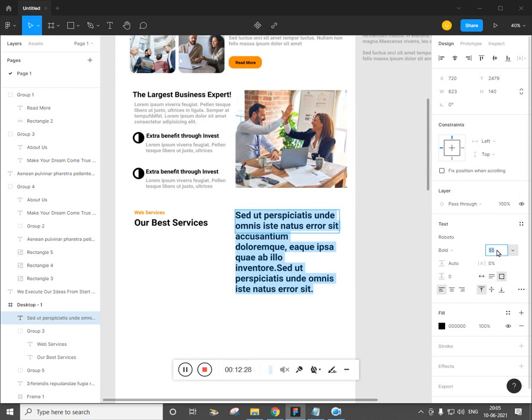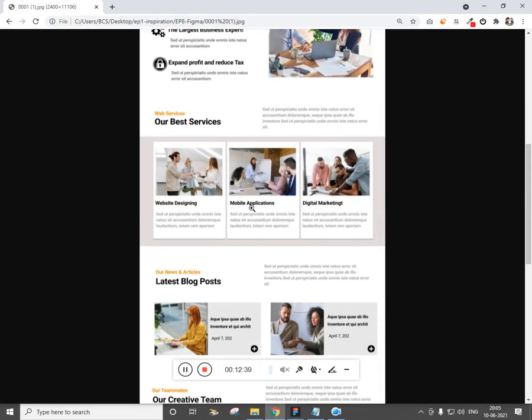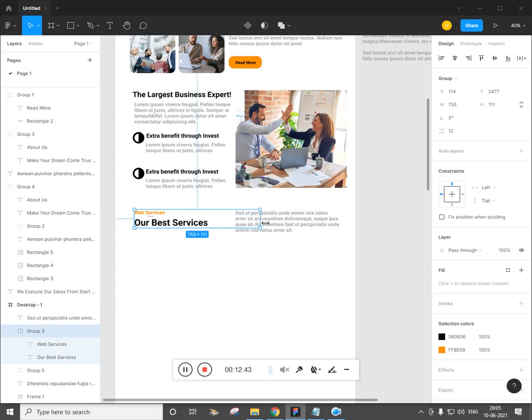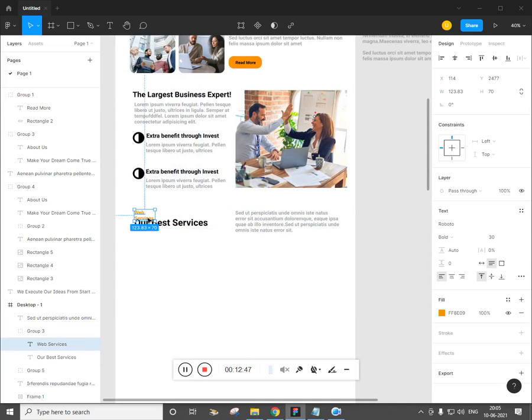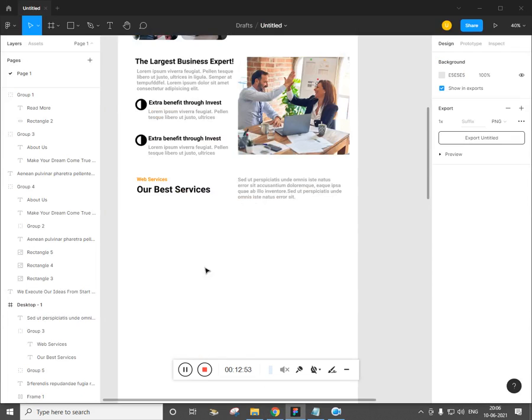Select all, 25 or 30 seems alright, and give the color grayish, A7, A7, A7, and that's alright. Just make this width smaller and select this guy individually and increase the width. Now we need to create a box.